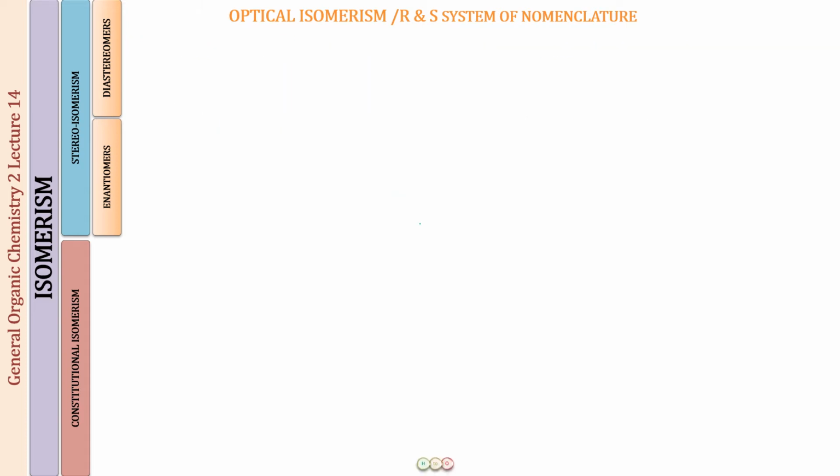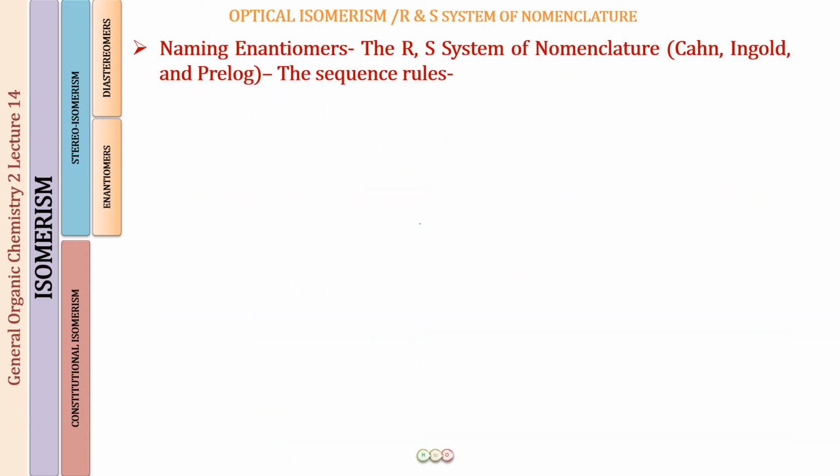So now let us move on to rule number 3. And rule number 3, well, what does this say? Let us first of all understand this again with the help of an example. And the example again I will be taking is of an asymmetric carbon which is attached to a chlorine, a hydrogen, a CH3 group, and a CHO group this time.